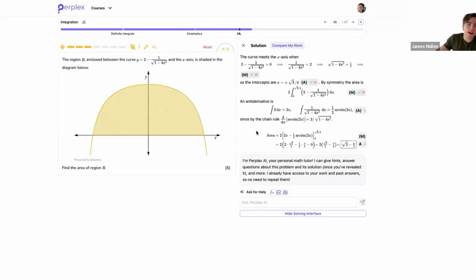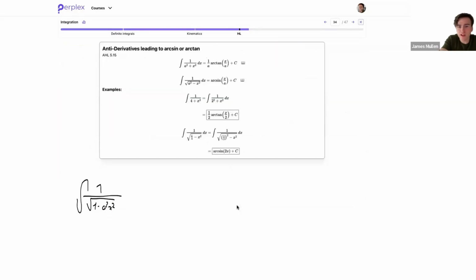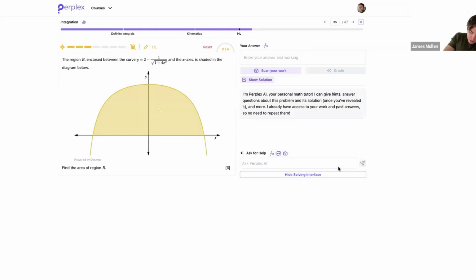And someone is asking where I got half of arc sine of x. Well, the formula booklet says that the integral of 1 over the square root of 1 minus a squared x squared... I'm going to check if that's the exact form that it's in. It's on the previous page here. Oh, okay, that's a good question. So it's not exactly the form. It's in my formula booklet, so maybe it's worth going over. The form that I have in the formula booklet is the integral of 1 over the square root of a squared minus x squared dx is equal to arc sine of x